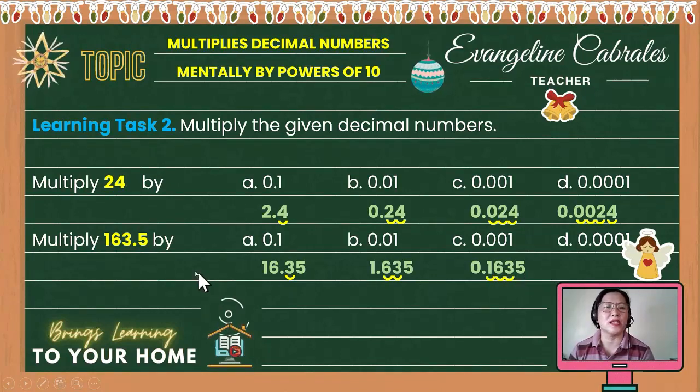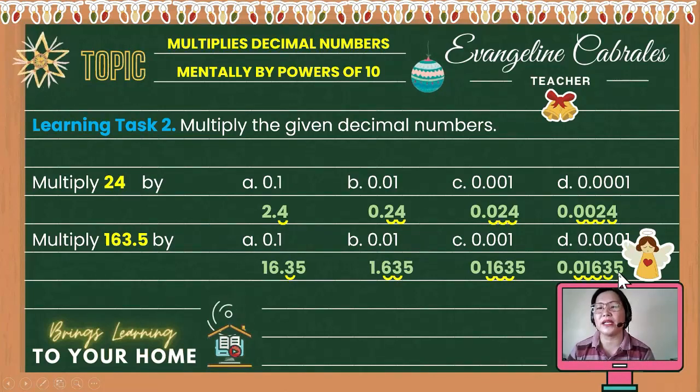1,635 over 10,000. Iniusod ng 1, 2, 3. Tatlong beses. Kaya ayun, nasa unahan na ng 1 ang decimal point at nilagyan ng 0 sa kaliwa to represent the whole number. 163 and 5/10 times 1/10,000 equals